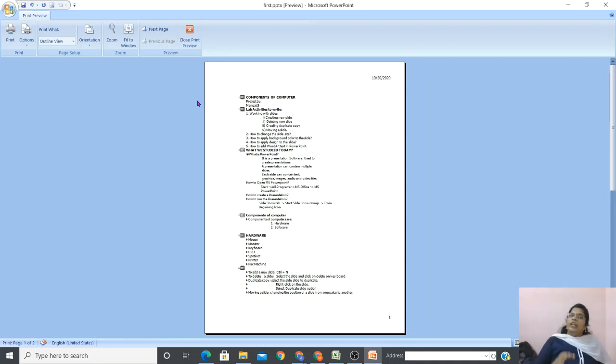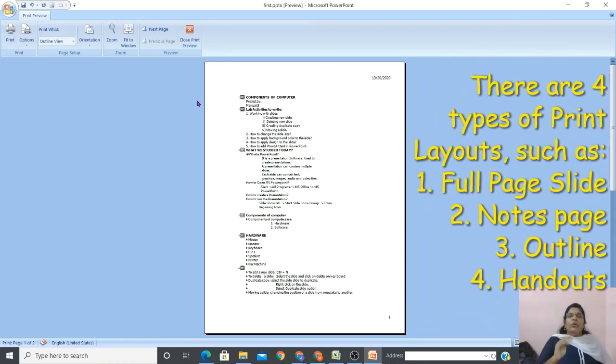Whether you need only the slides or only the content, or you need also the notes and everything, that you have to decide. How should the print appear? That means the layout of the printout also you have to define. Okay, that is what we are going to see now. There are four types of layouts in print, especially in PowerPoint.